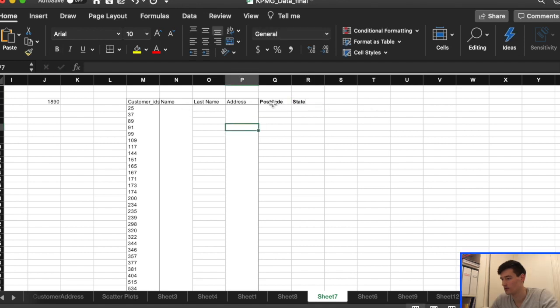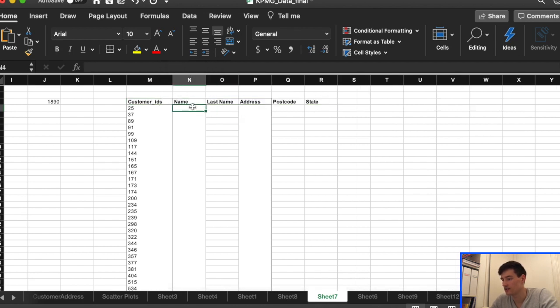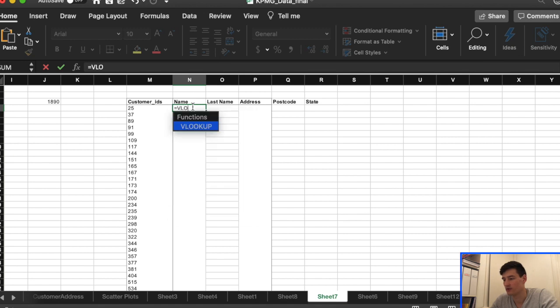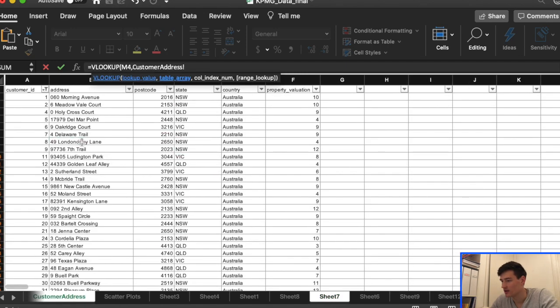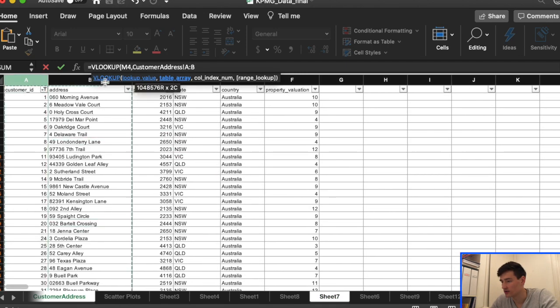And then I'm just going to bold the titles. Okay, and then to find everything, we're just going to use VLOOKUP, which we all should be pretty familiar with by now. So just highlighting customer ID and then making sure we're searching the correct